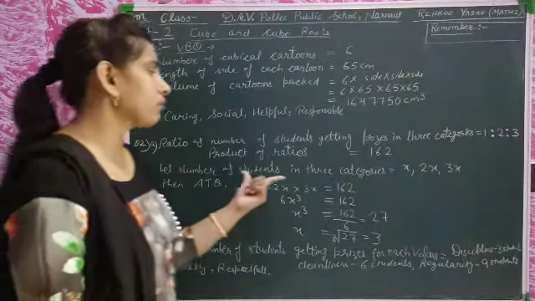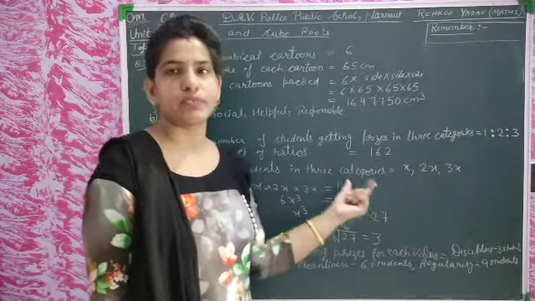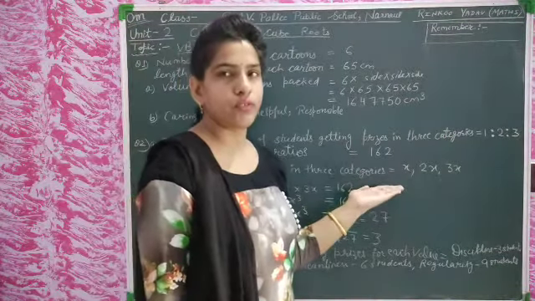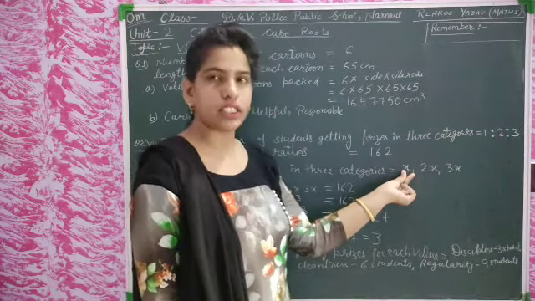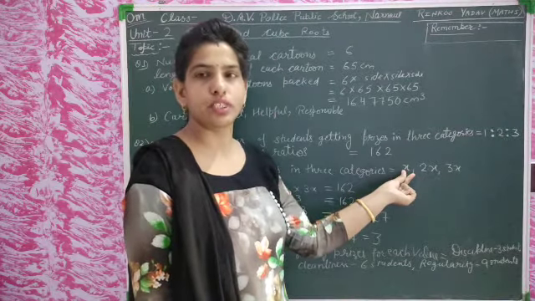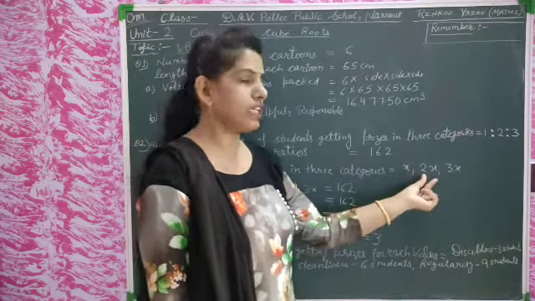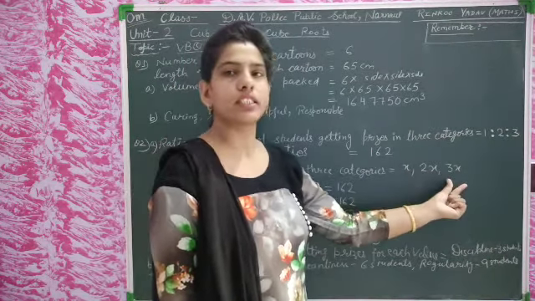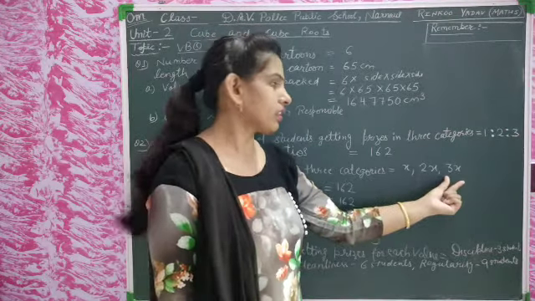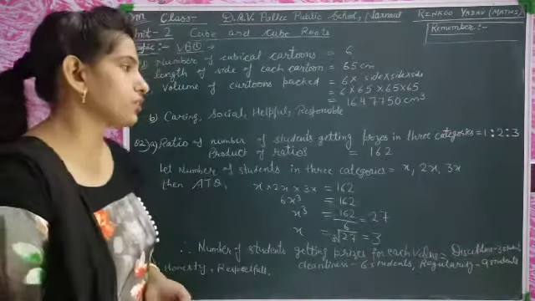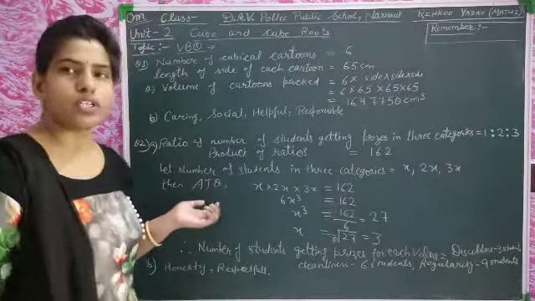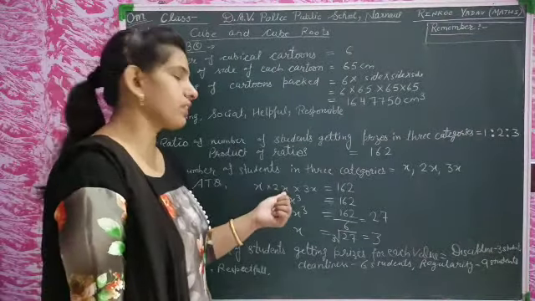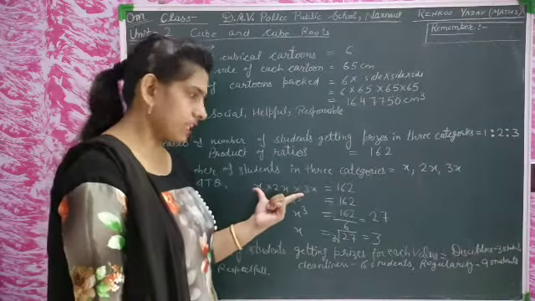Now let the number of students in the 3 different categories be supposed as follows: in the first category there are x students, in the second category there are 2x students, and in the third category there are 3x students. According to the question, it is given that the product of the 3 ratios